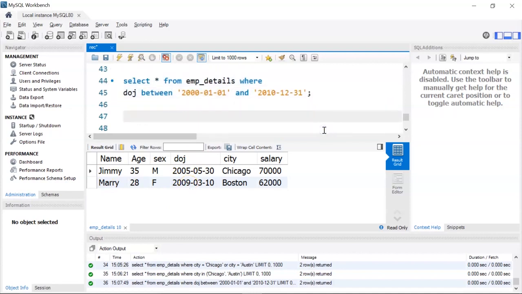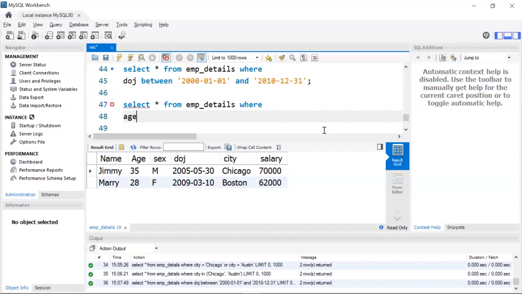Alright. Now in the WHERE clause, you can use the AND operator to specify multiple conditions. Now the AND operator displays a record if all the conditions separated by AND are true. So let me show you an example. I'll write select star from employee details table where I want the age to be greater than 30 and I want sex to be male.